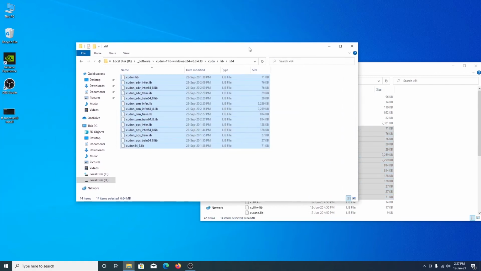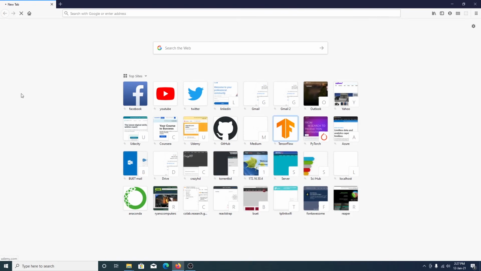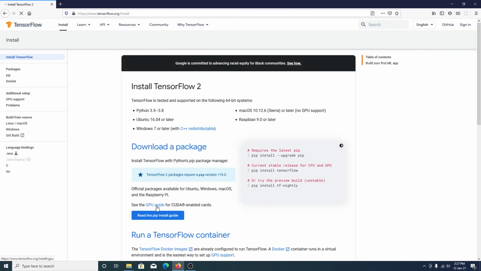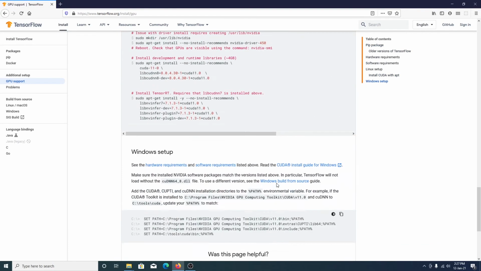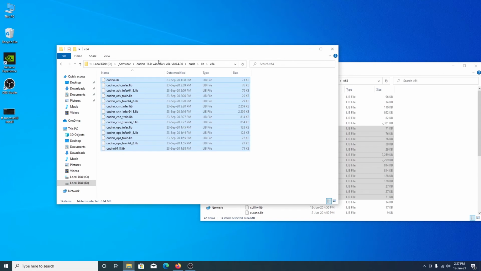So we are almost done. Let's go to TensorFlow instruction page. If you scroll down to Windows section, the last thing you need to do is set the environment path, and as you can see, cuDNN is expected to be on the tools folder on C drive, and that's why I am going to